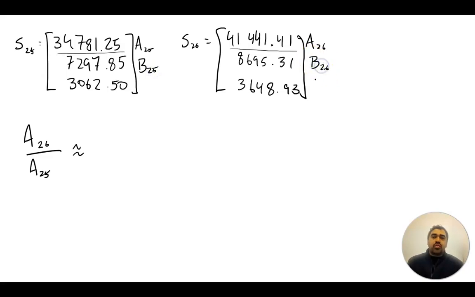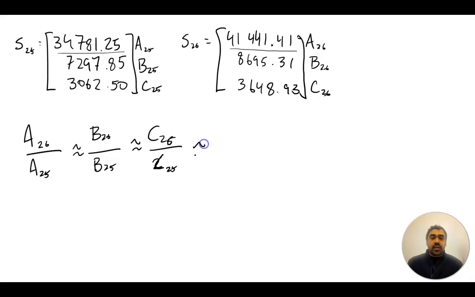when we do this to the other ones, compare B26 to B25 and C26 to C25, these should be all approximately equal to 1.1915. So what that previous statement was saying is S26 is approximately equal to 1.1915 of S25. It's risen by 1.1915 or